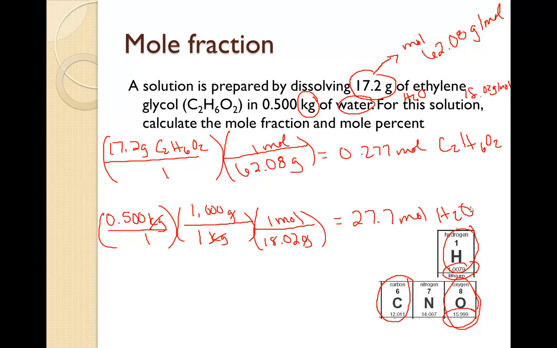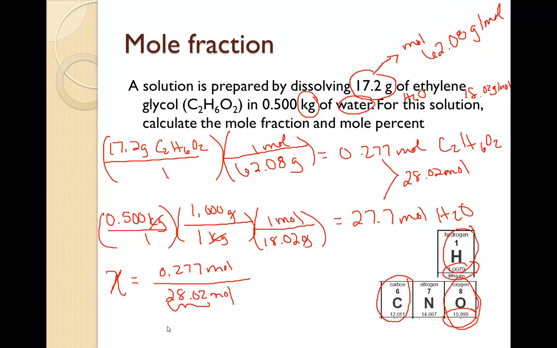To figure out the mole fraction, chi, which is the abbreviation for it, is equal to the moles of the solute, 0.277, divided by the moles of the solution. So 0.277 added to 27.7, which is 28.02 moles. Just as a reminder, we got this number from the solute and the solvent added together. That comes out to be